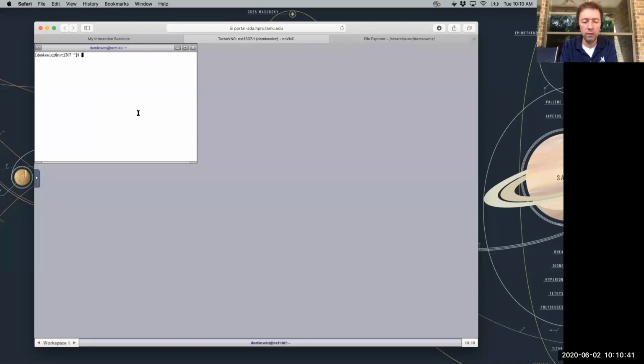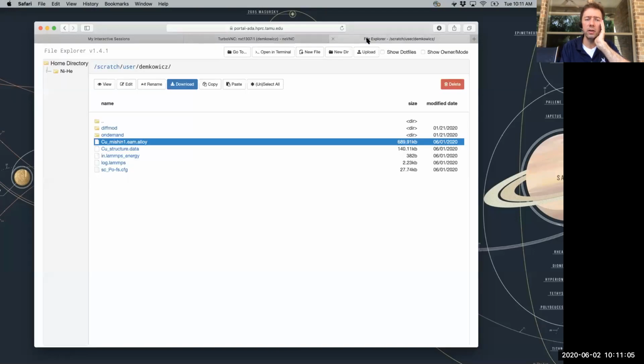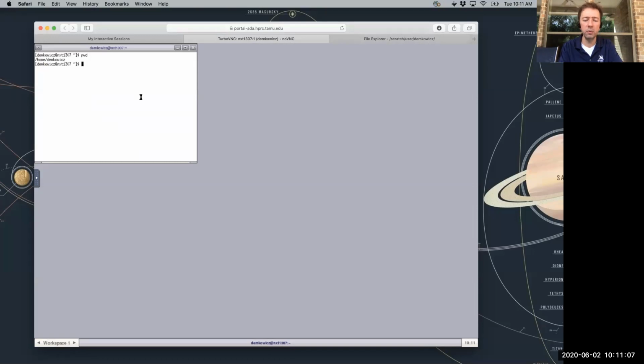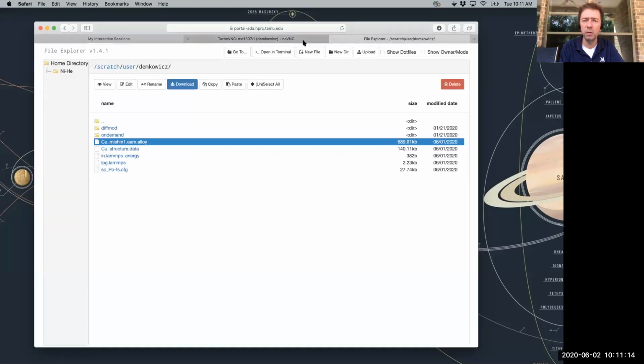Let's real quick, if you type PWD in here and press return, that's going to show you where you are now in the directory structure of the HPRC computer. Okay, so right now I'm in my home directory. As I said, we're not going to be uploading any files to the home directory. So none of the files that I showed you previously, these files over here, none of them are going to show up here. If I want to see what's in my home directory, I press LS. Here's what I have in my home directory. None of these files that you saw over here show up in my home directory.